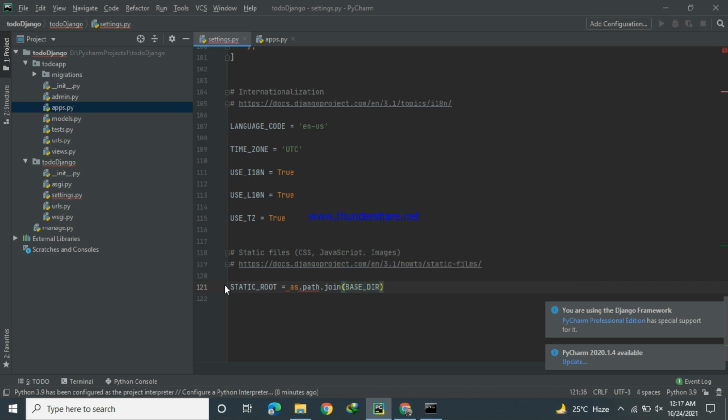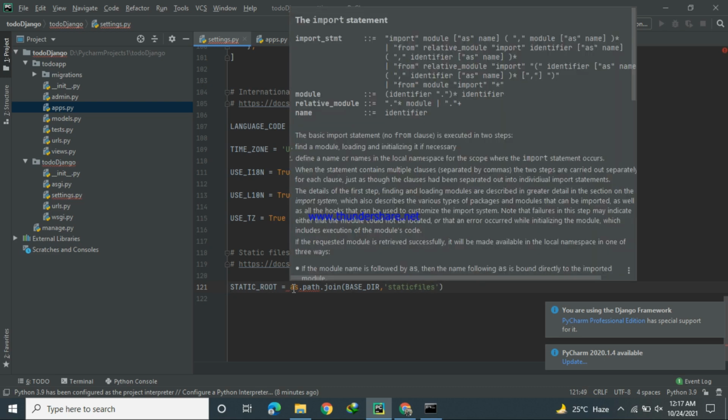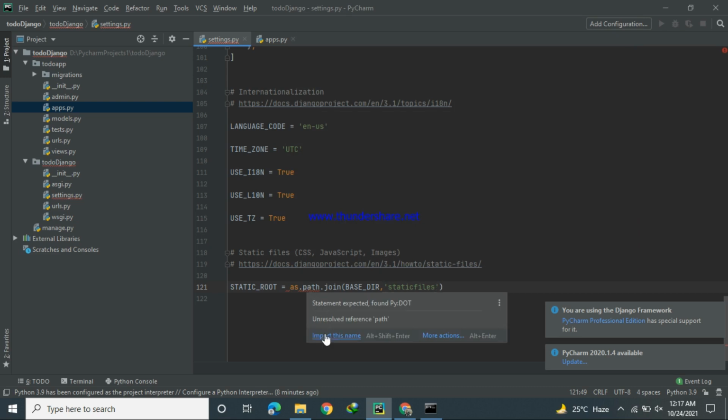Which is the base directory? Base directory is static files. We will create this base directory as well. Okay, so don't worry.